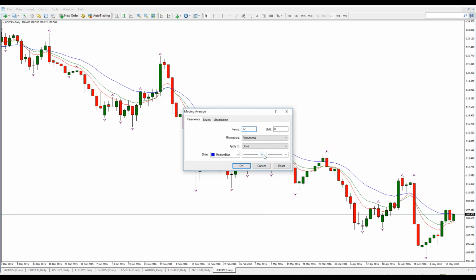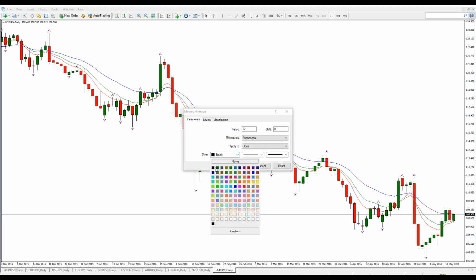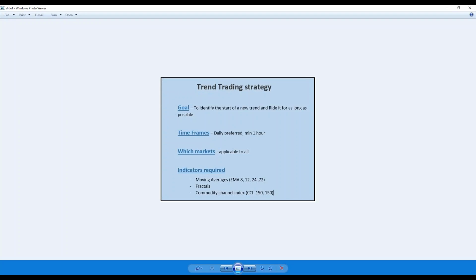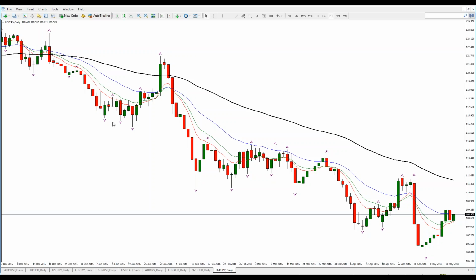For the 72, I'm going to make the line a little bit thicker just so that it stands out a bit more. And there it is. Let me just double check that: 8, 12, 24, 72. Okay, so there's my moving averages. And the last indicator was a CCI